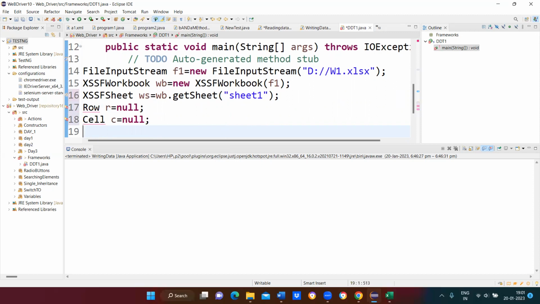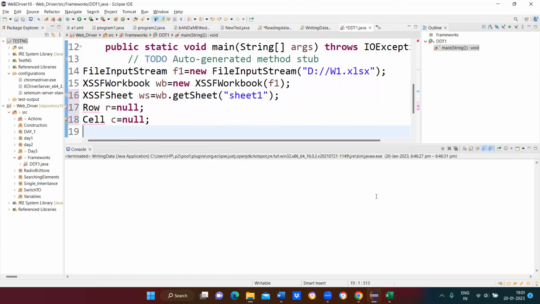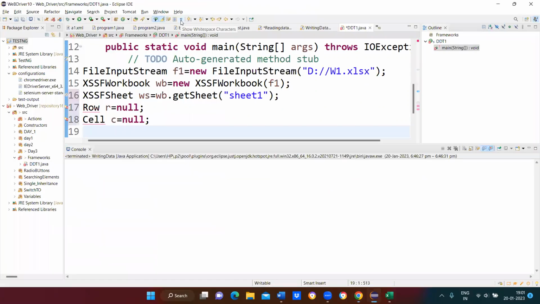Which application? New tools.demoit.com, right? So I want to open my application. What is the page of this application? You need to get the URL. This is the URL. I'm not clicking the link directly; first of all, I'll click that link and get the URL. So I'm going to use